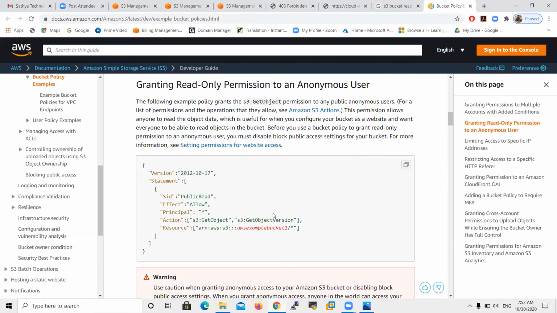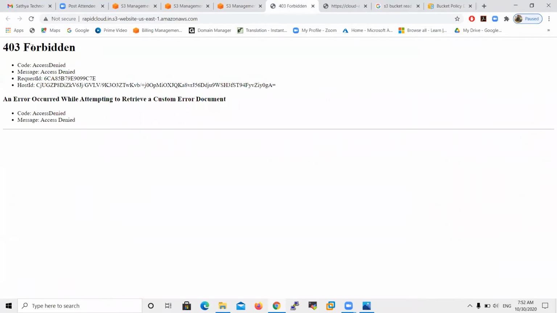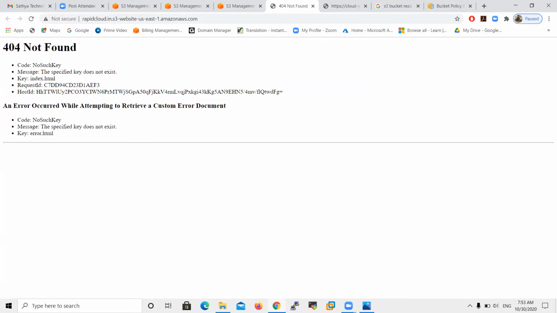So that's why this is the policy, but instead of this bucket name, I added rapidcloud.in. Now refresh the same page. Previously it was a forbidden error, but now it is a 404 not found error.